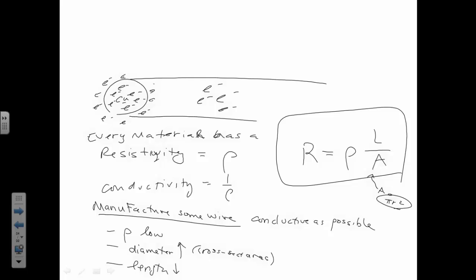This is a big cable that came out of MIT Haystack's observatory for running all their motors to move their radio antennas around. And so they need a huge amount of current. If you have a huge amount of current, that means you've got to move things really fast. Huge current means fast moving electrons. That's all current means, right? Current is the speed of the electrons passing through something. So if I want to pass a really huge current through something, I'm going to need something that's